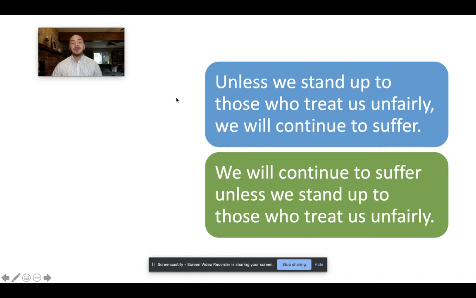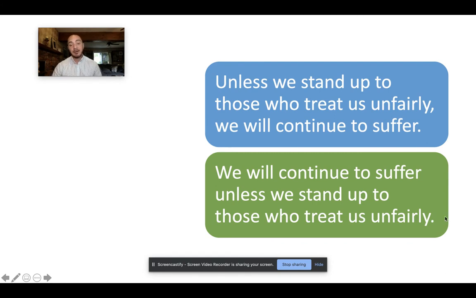Unless we stand up to those who treat us unfairly, we will continue to suffer. We will continue to suffer is a simple sentence or an independent clause. Unless we stand up to those who treat us unfairly is what's called a dependent clause. Again, we know that because unless here is our subordinating conjunction. And in the second example, we can flip it around. We will continue to suffer unless we stand up to those who treat us unfairly. Again, in this case, unless is your subordinating conjunction, and unless we stand up to those who treat us unfairly